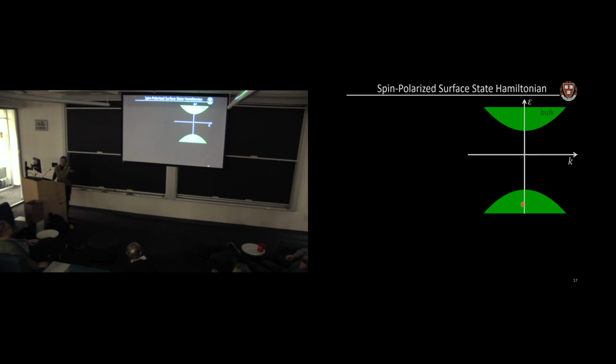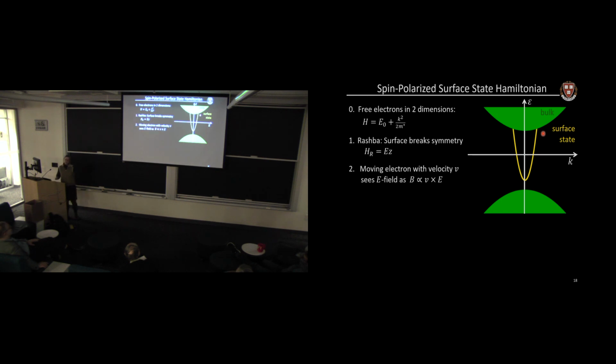Now, the surface of a material is always different from the bulk. The atoms have different coordination. The electrons feel a different environment on one side than on the other side. So typically, there is some kind of electronic structure at the surface that's different in the bulk of the material. So the simplest way that you could have a surface state is just to assume we have a two-dimensional free electron gas at the surface. So the dispersion of the free electron gas is just 1/2 mv squared. So here's our Hamiltonian, just a parabola, quadratic in momentum. So that's the kind of simplest manifestation of a surface state.